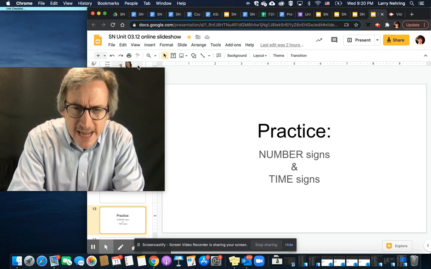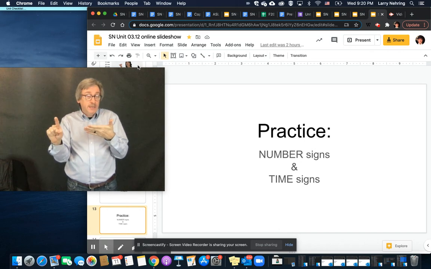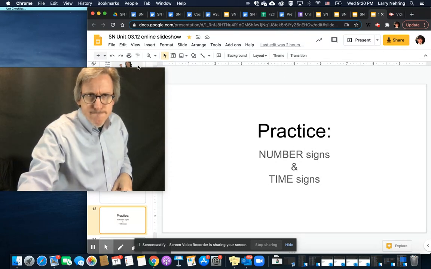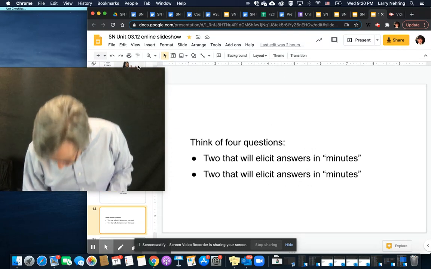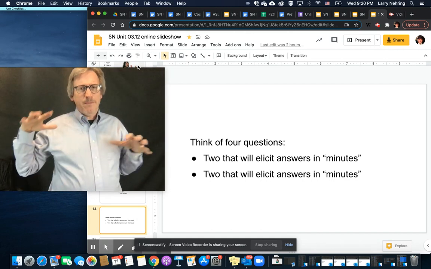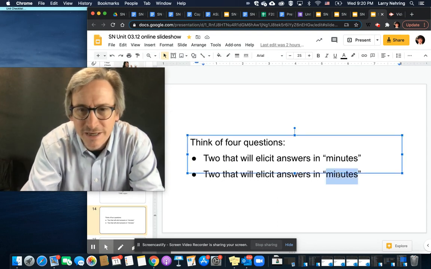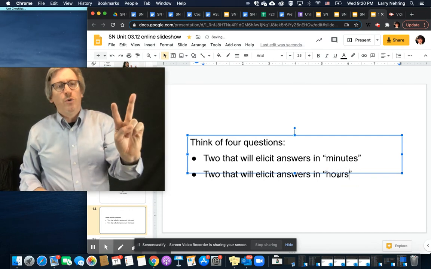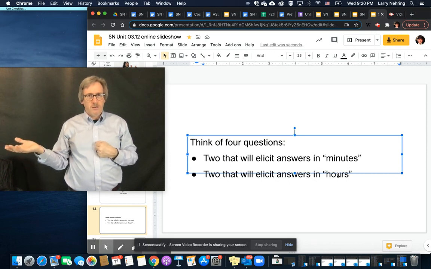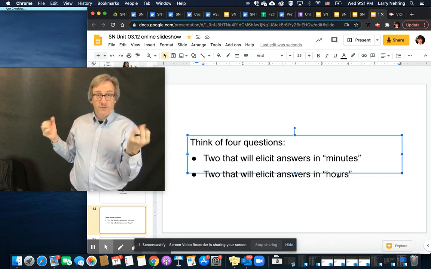So practice your number signs and your time signs. Time, hour, minute, week, year, age. So practice those. Then, one of the exercises that we would normally do in class is to think about 2 questions. I cut and pasted this one. Think about 2 questions that you could ask that someone would answer in minutes, and 2 questions that someone would answer in hours. And a good way of practicing it is have that dialogue with yourself where you sign,